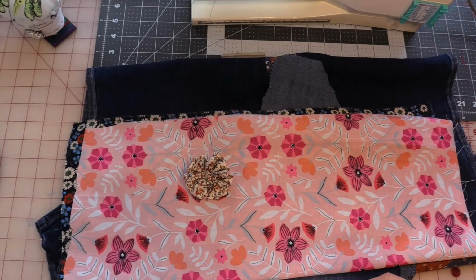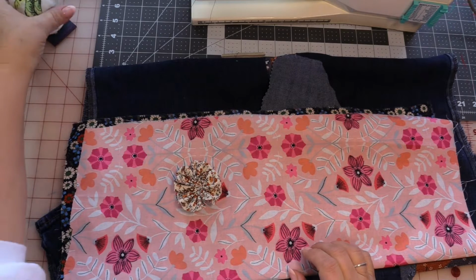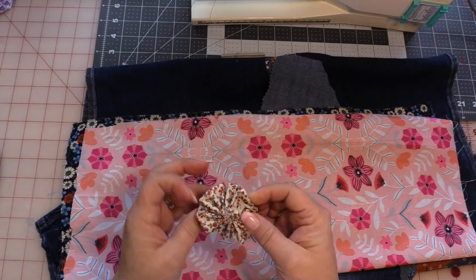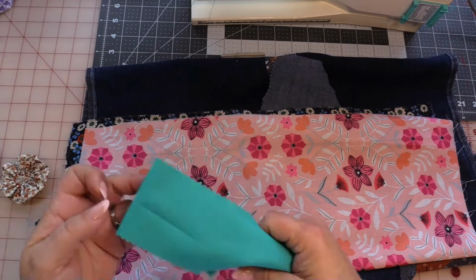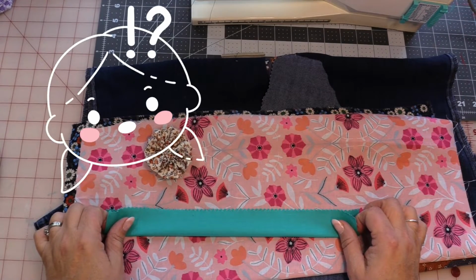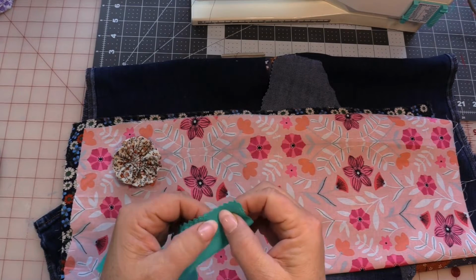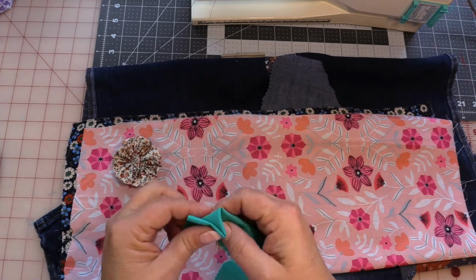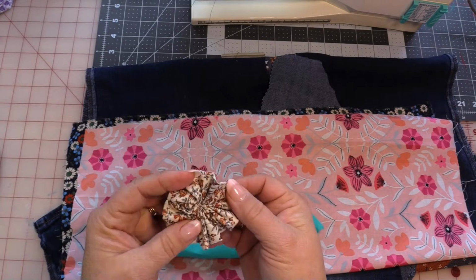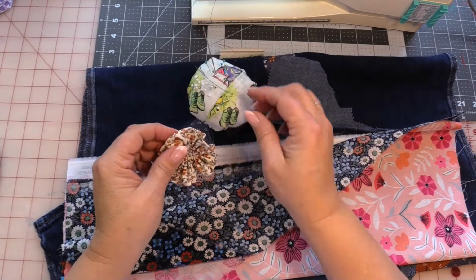While I was talking to my sister on the phone, I made this little flower from one of the charm pack pieces. So I'm going to put that on the apron too. It was really easy to do. All I did was I folded that charm pack piece in half. Why am I saying charm pack? Jelly roll. And I stitched it along the raw edges with great big stitches, and then I pulled them up and it gathered up into this, and then I just stitched it from the back and it made this little floret. So I'll end up putting that on the apron as well, I think,